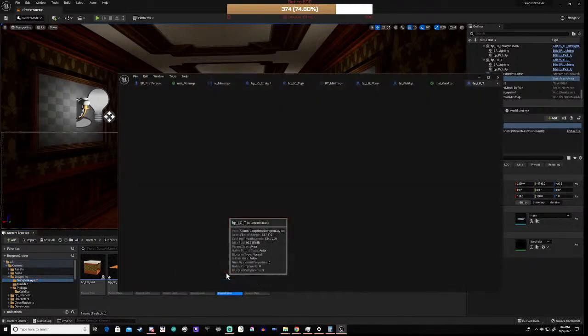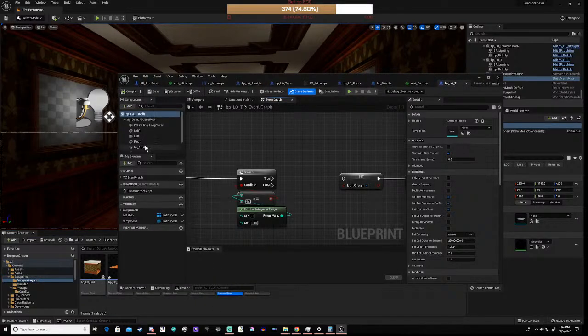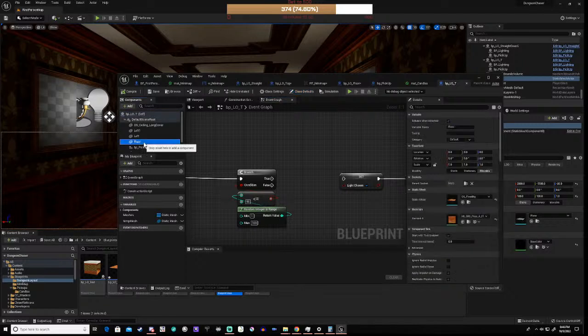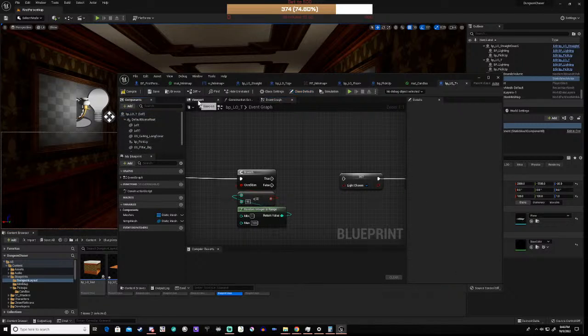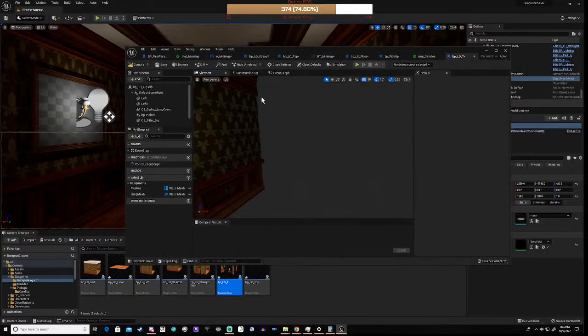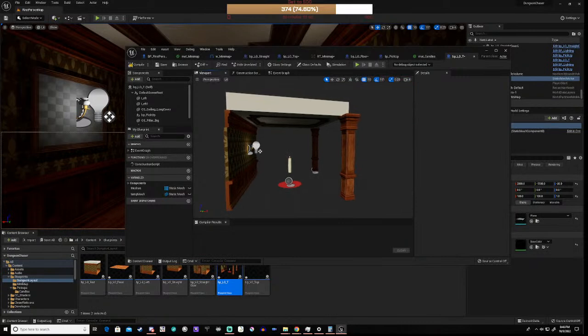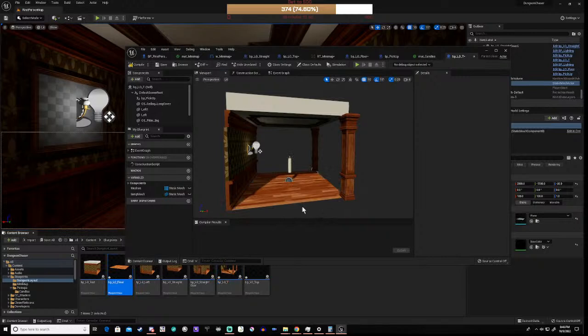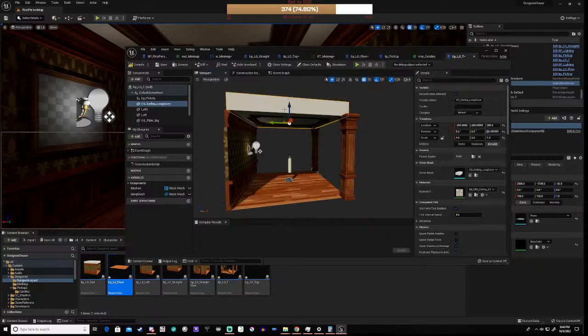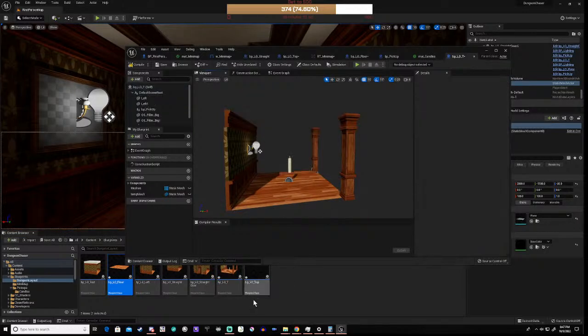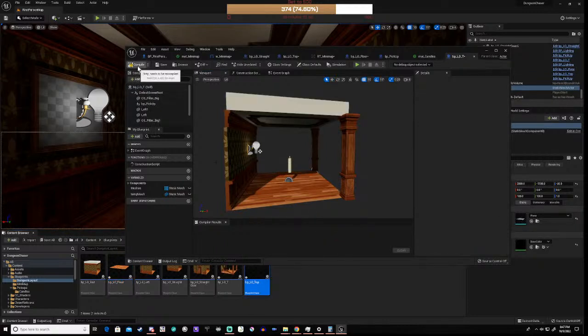Right, so if we go here and we delete the floor, then we go into the viewport, right, and then we drop in the floor, then we delete the top, and then we drop in the top. Right, we can compile that and save it, and then